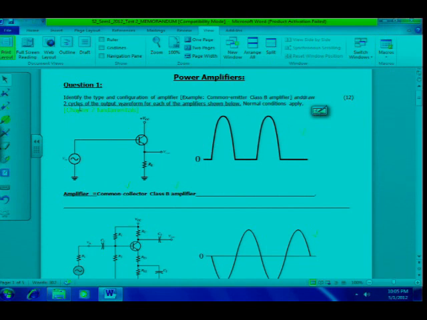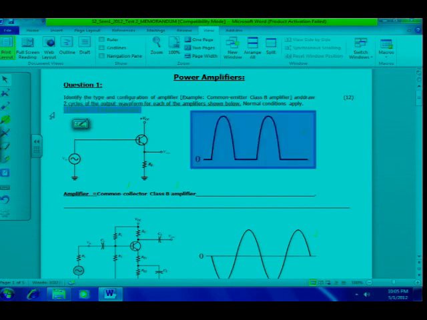And remember, please read the question carefully. It says, and draw 2 cycles of output waveform for each of the amplifiers shown below. Normal conditions apply. Alright, so if you didn't get marks, most probably for your output wave, it's because you've only shown 1 cycle, for instance, or you've shown the wrong one, and so forth. Anyway,